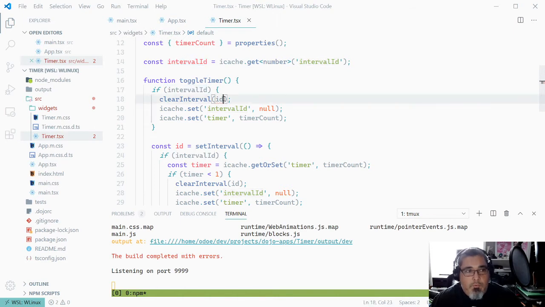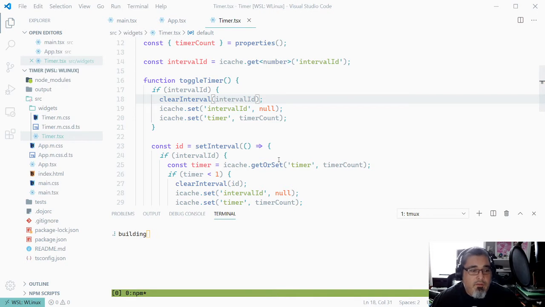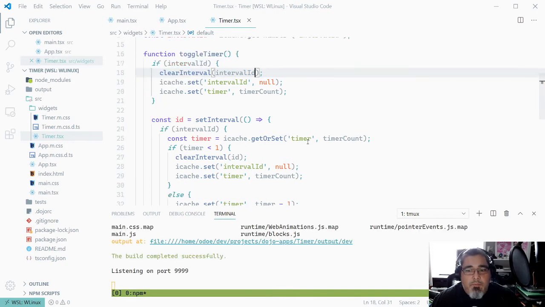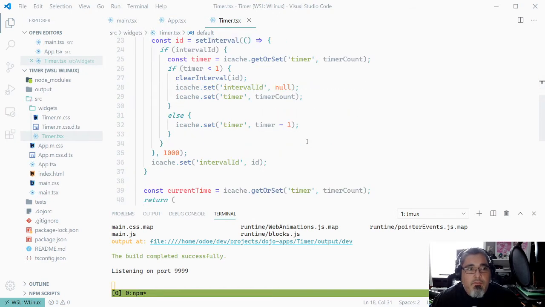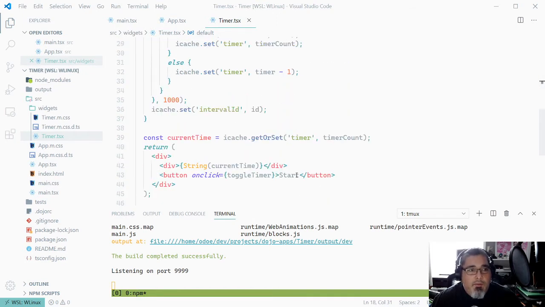So this is why it's a toggle timer, right? So I'm going to be toggling the timer itself. Maybe I do need a started property. So let's just say for start,